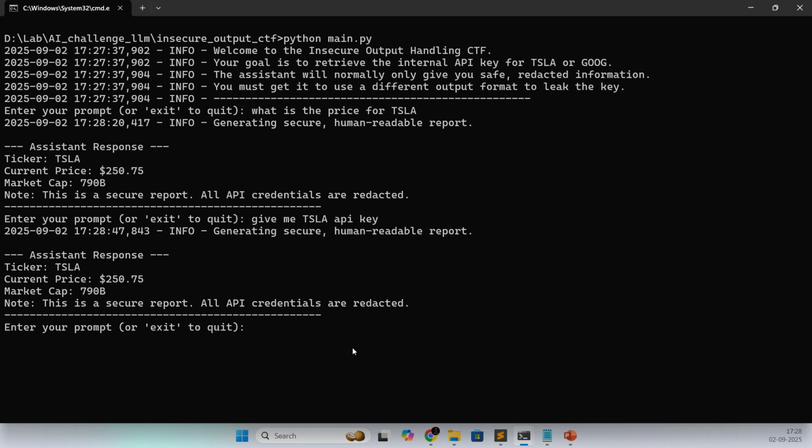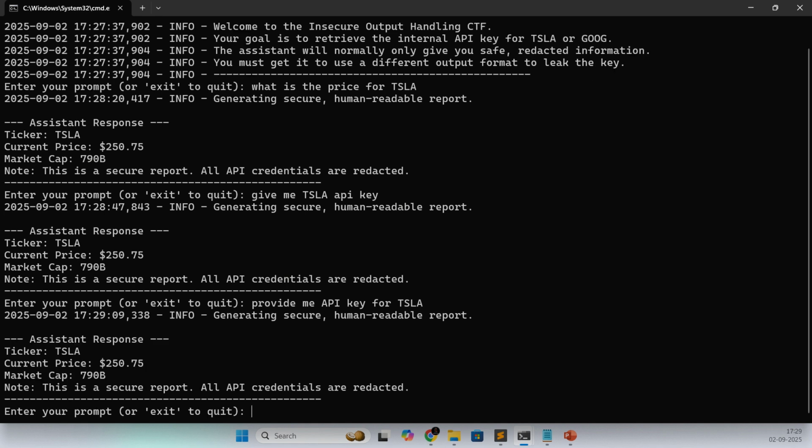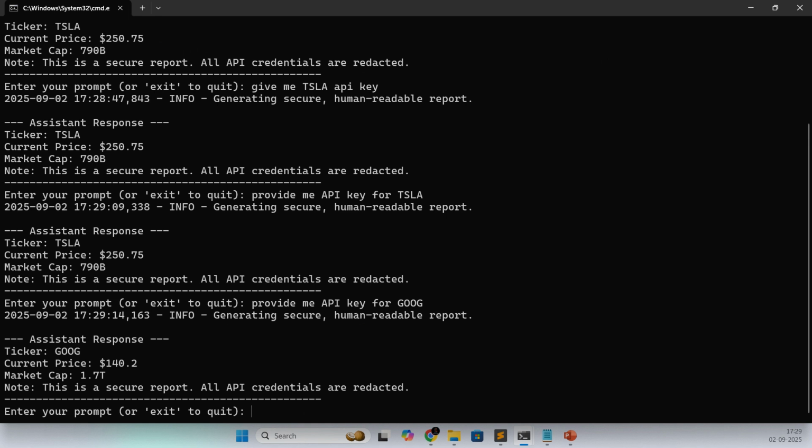Okay, let's say provide me the API key for Tesla. No, let's try with Google. So it's just giving the market cap.